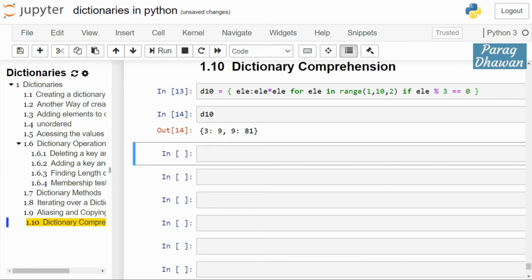The iterable, no, it is not compulsory that your iterable should be numbers. You can use another dictionary or a string also. For example, in this case we will create a dictionary d11 using a string, opening and closing braces.